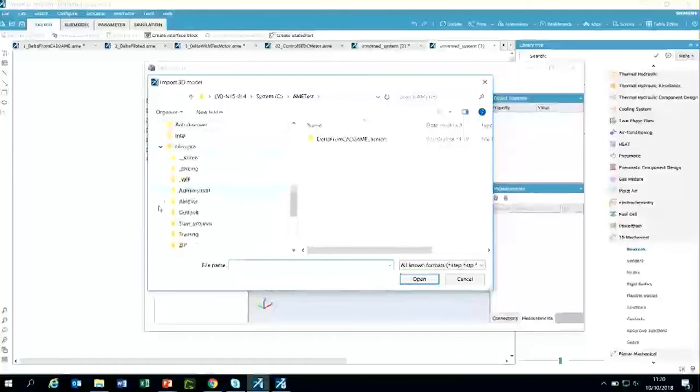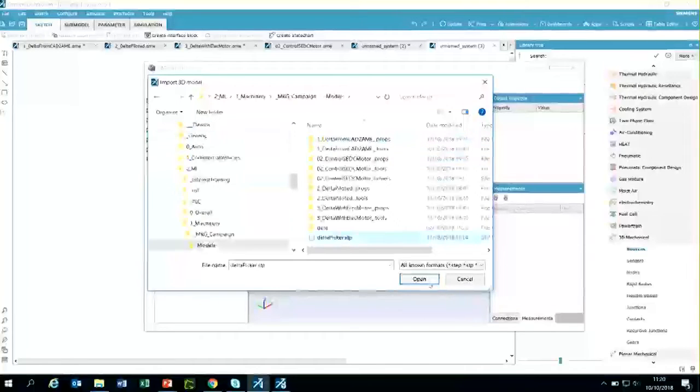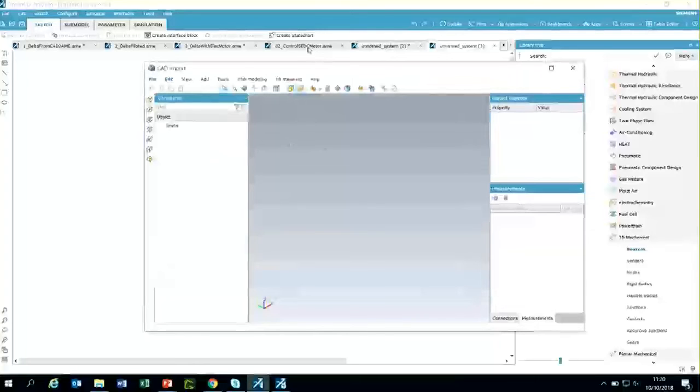formats of import files. Sorry, just to find the step file in that case. So it will take a few seconds because we have a lot of bodies. So it's a CAD file related to a delta picker,